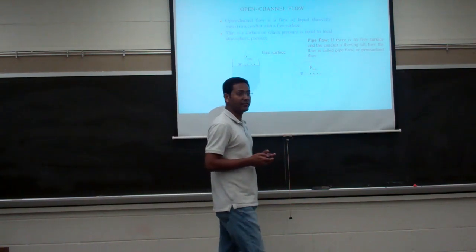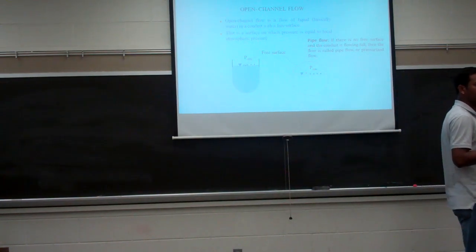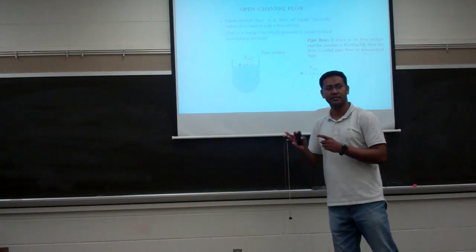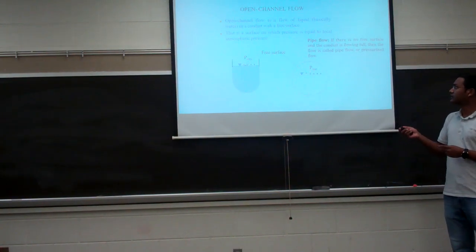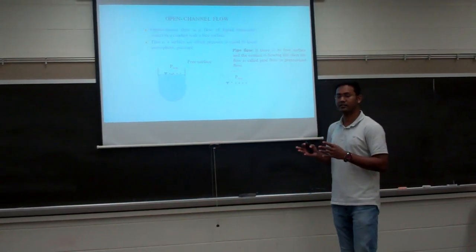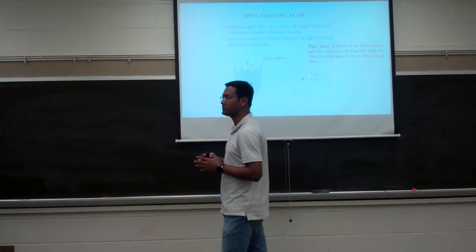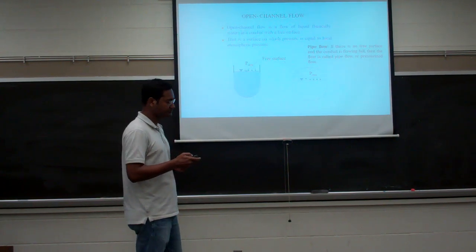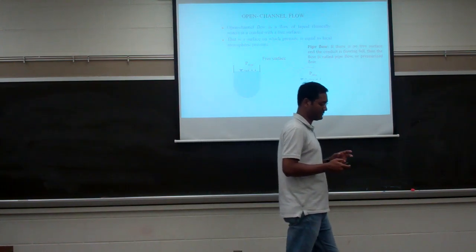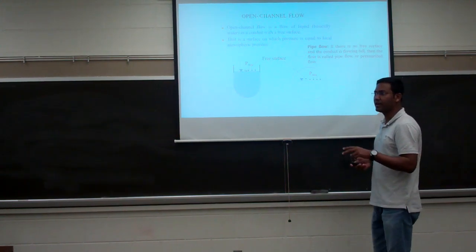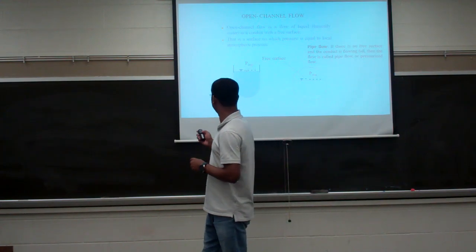So what is then pipe flow? If the flow occurs in a closed conduit and the pressure is more than atmospheric, this situation only occurs if the closed conduit is full of water and it flows under extra pressure, that means it has a gauge pressure, then we call it pipe flow. So this is the basic difference between pipe flow and open channel flow, right? The surface needs to be at atmospheric pressure and flow will occur under the influence of gravity.